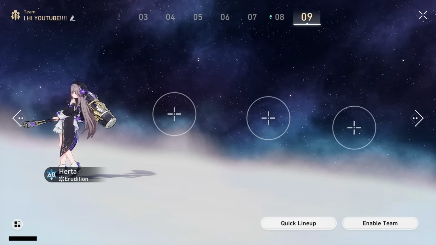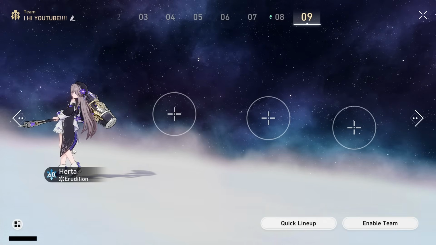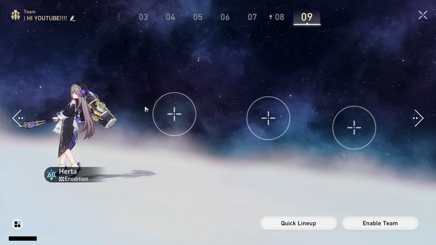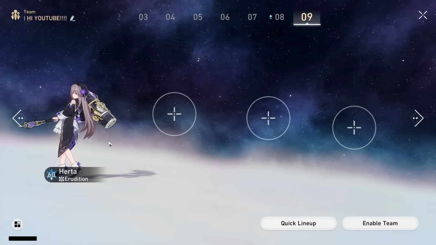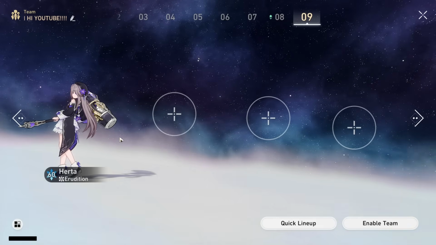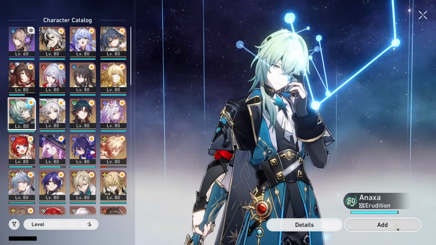Now for the team building options, my account doesn't actually have the Herta, so pretend this mini Herta is actually going to be the Herta. The first slot I'm going to talk about is the second Erudition character. So I will just say the Herta with regular Herta is a good option to use. It's not the best, but it is still good, especially in pure fiction. But the actual next best Erudition to use, which is her best in slot Erudition character, is going to be